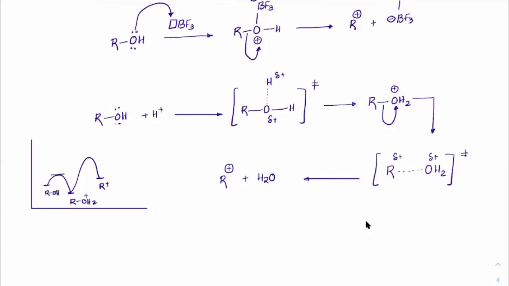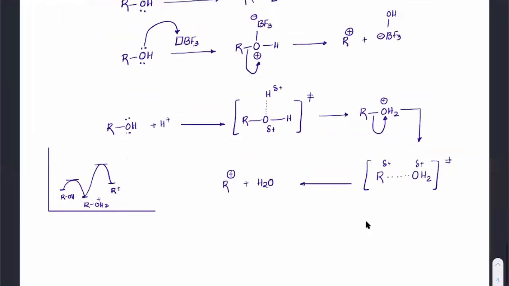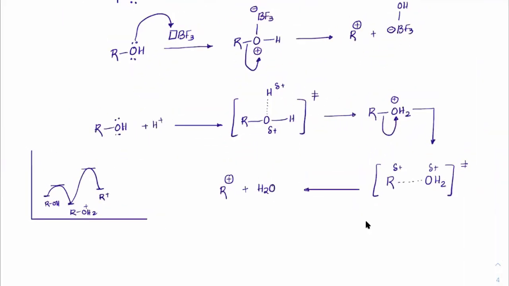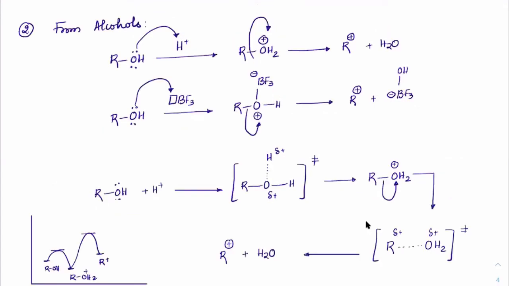This is transition state 1, this is transition state 2. So I guess you understood which one has more transition energy. I told you transition state stability also depends upon the stability of the next species. R plus is highly unstable, right? It has only 6 valence electrons, octet incomplete, correct? So if this is less stable, its respective transition state will always be above it. Transition state, yes, perfect. Wherever there is a bond breaking and then bond making, there has to be a transition state.